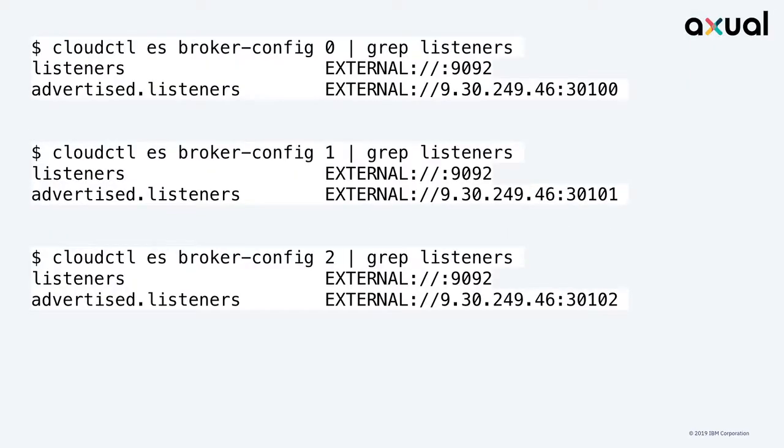So if we look at our different broker configs, if you're curious, this is just our command line. That's what cloudctl ES is. I've basically listed out the broker configs for each of our 3 brokers. You can see crucially that all of the listeners are just 9092, because I've just got a container listening on 9092.